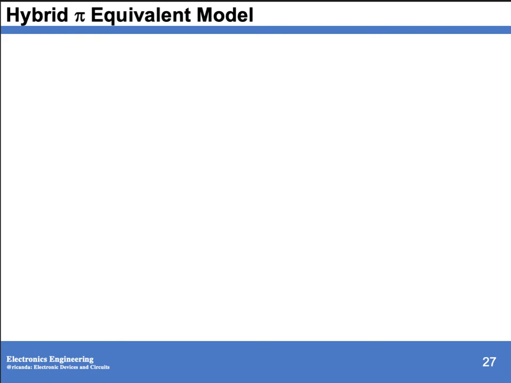Then the third model is the hybrid pi model. This type of model is used to estimate high frequency response. In your electronics devices, we are not discussing high frequency response yet, so this type of circuit will not be tackled in your amplifier circuits. This will be in your electronics design. But we have to